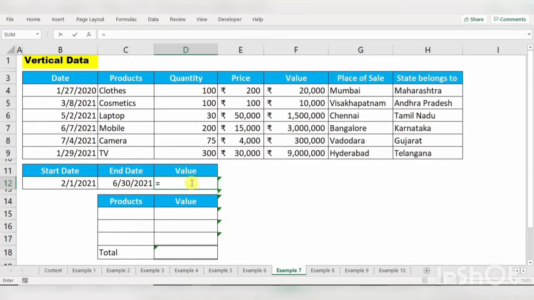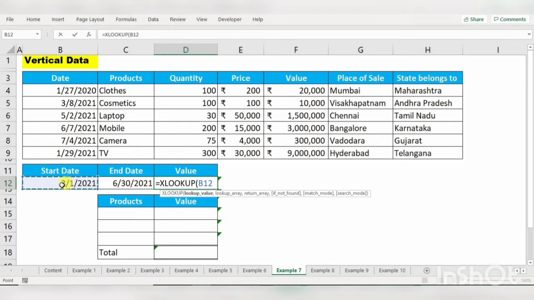Now equal to XLOOKUP, first lookup value is start date. Here you will not find an exact date here, so we are going to do a match mode. Instead of exact match, we are going to give next larger item, because we need from this date to this date.